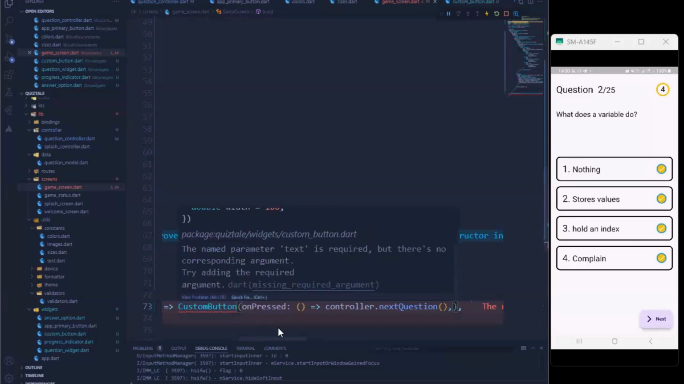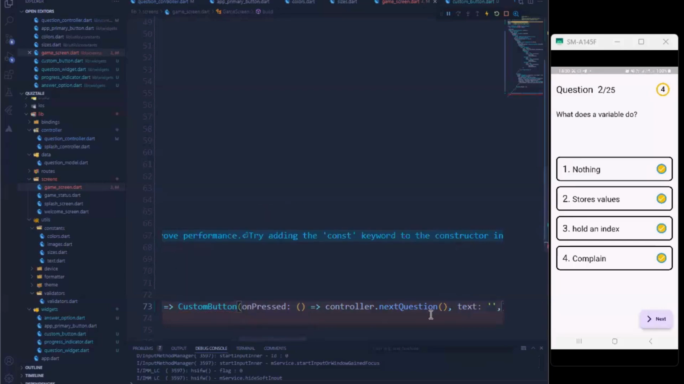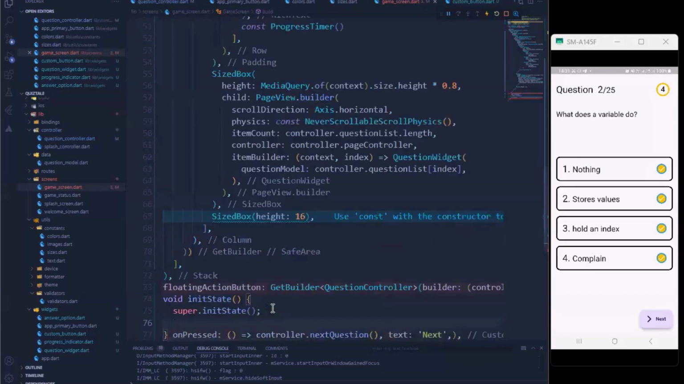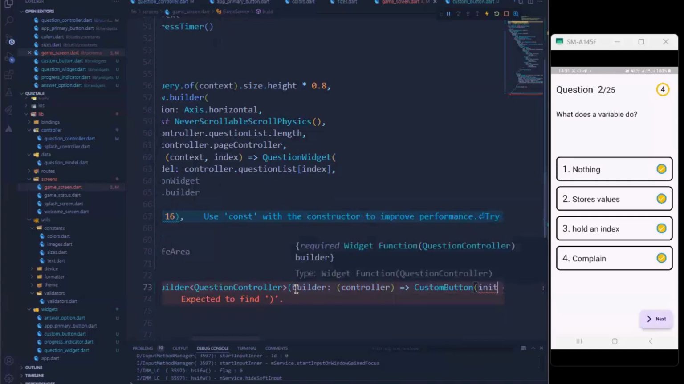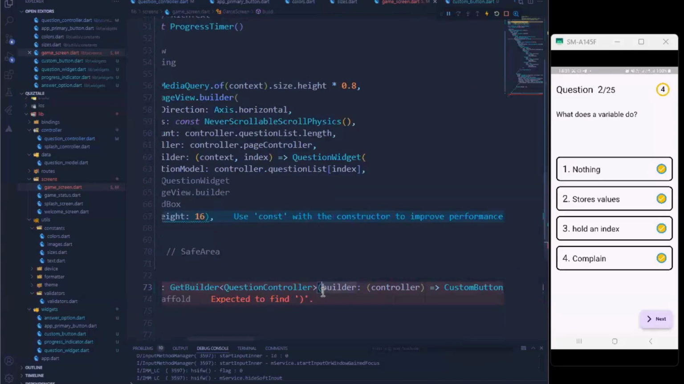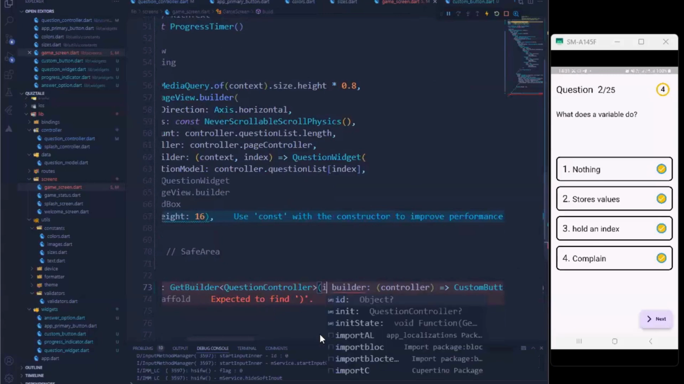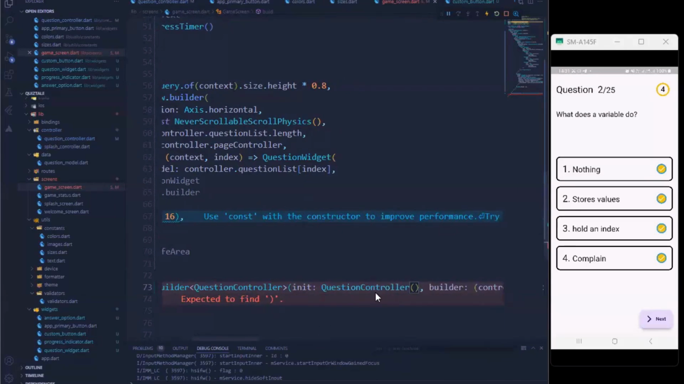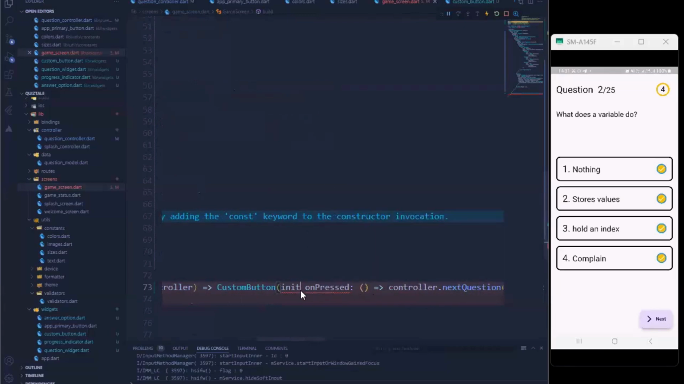Unpressed. The text is title. Sorry, next, right? Okay, so that's that, and of course we can just use the init parameter, and then call the question controller, right? So expected to find,